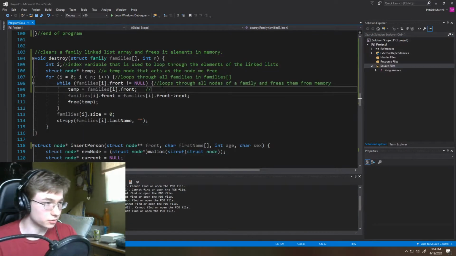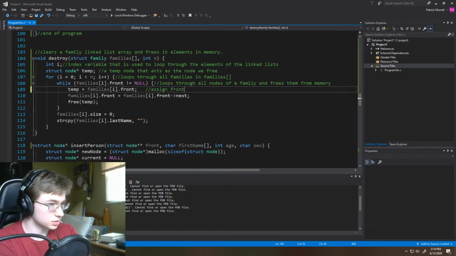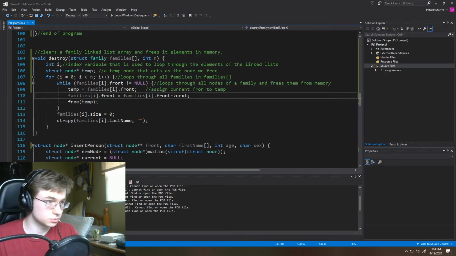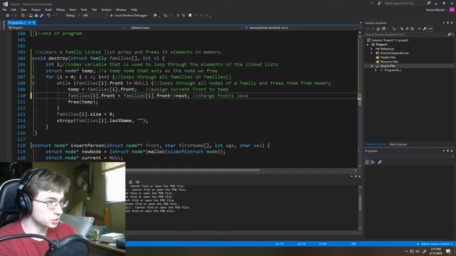So we start at the front, assign current front to temp, change front's location to the next node,